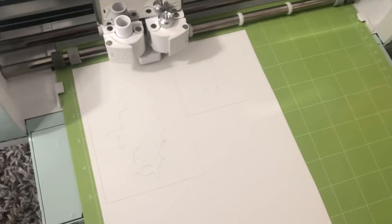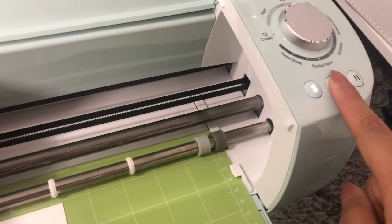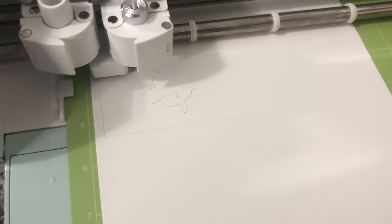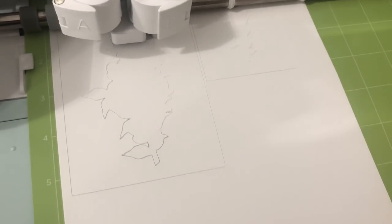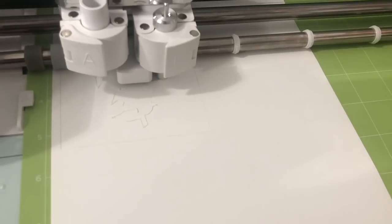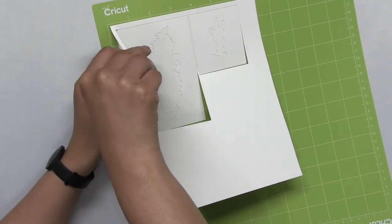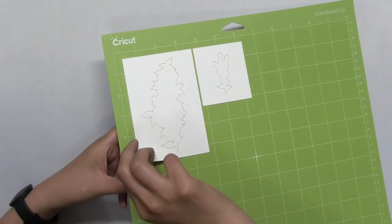Since I'm cutting this out of watercolor paper, I'm actually going to run it through my Cricut a second time. So instead of pressing that blinking arrow button, I'm going to go ahead and click the Cricut button. So the machine is going to cut exactly in the same place that it did during that first run. But if you unload it and then reload it to cut it again, you might have some offset issues. So you want to make sure that you don't unload your mat if you want to cut your image a